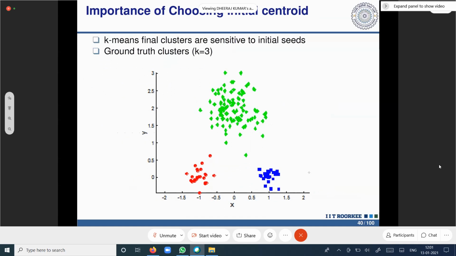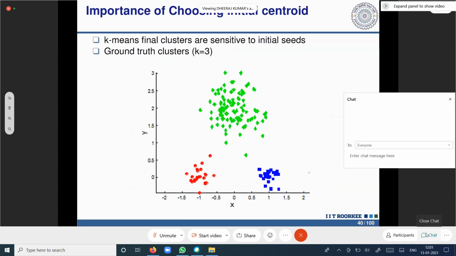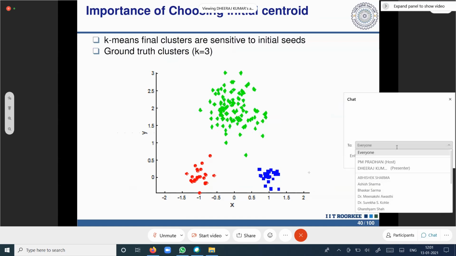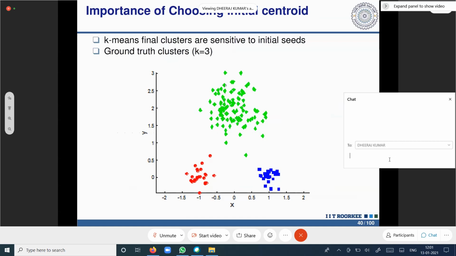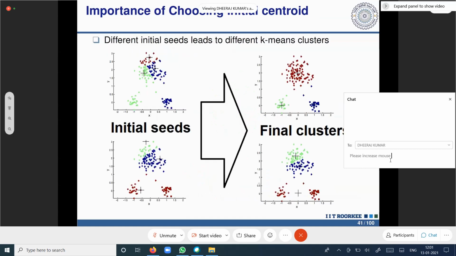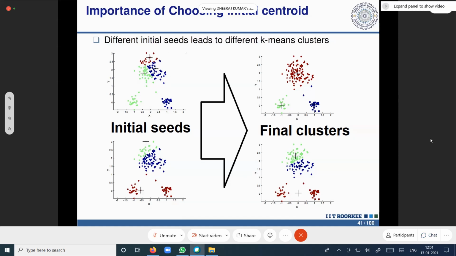Next, we come to the initialization part, because in k-means, if you initialize wrong, then the results would not be very good. For example, the k-means final clusters are sensitive to the initial seed. Let's say you have this data set in which you have green points, red points, and blue points. So there are 3 clusters in total. And if you choose the initial seeds differently, you can get different results. So for example, here, if all your initial centroids are in this top cluster,